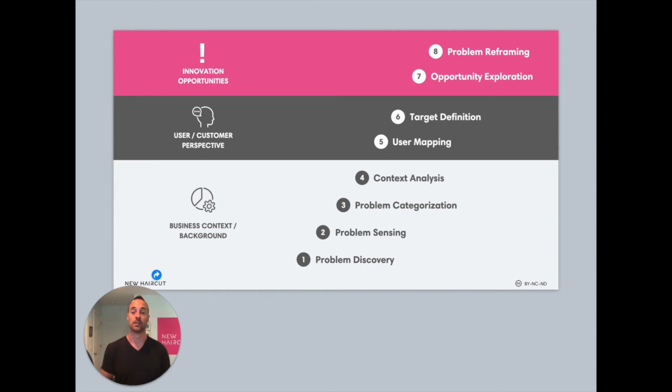So to answer the question, when should we run a design sprint? Basically, the short answer is after you've taken it through a problem framing workshop. And in problem framing, you're thinking really about two constituents. The first, as you're looking at the screen here, is the company itself.